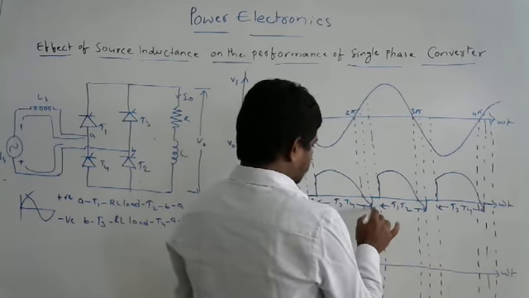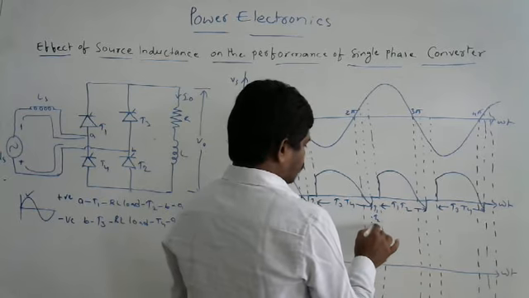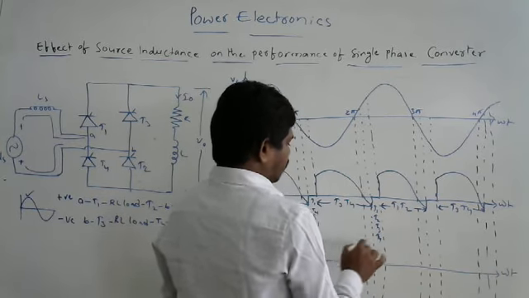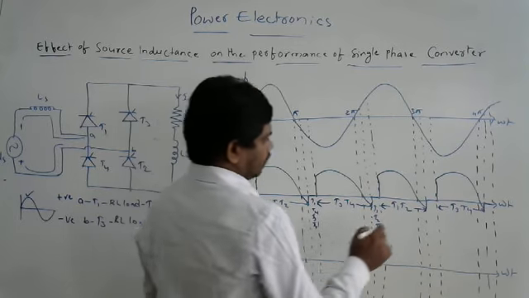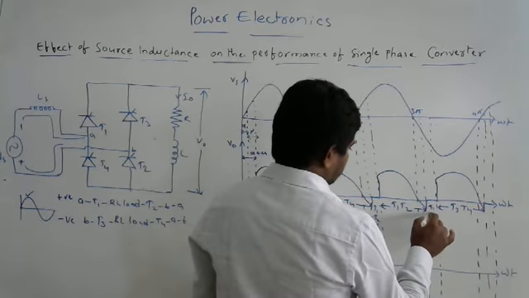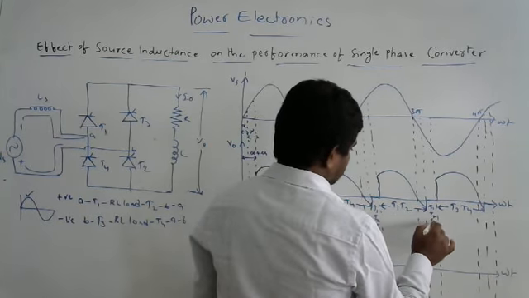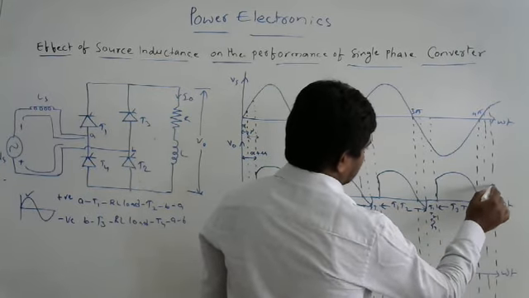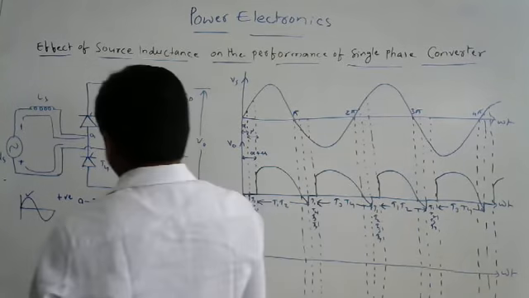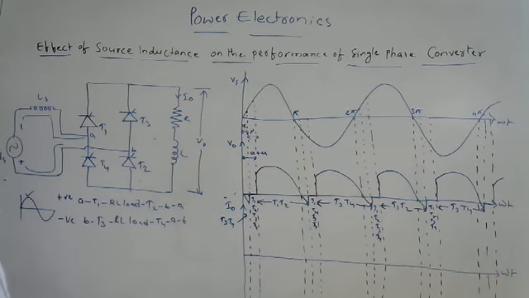So this period, what happened? T1, T2, T3, T4 all are going to be conducting. Right, then here also the same thing, T1, T2, T3, T4 are conducting. After this, again we are getting the next option. So this is the way we are getting the output voltage, the effect of